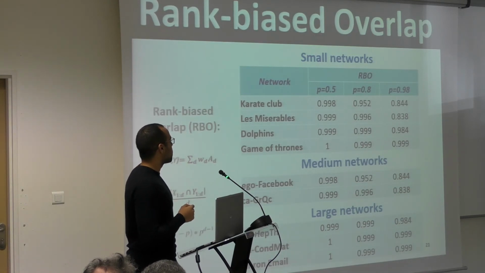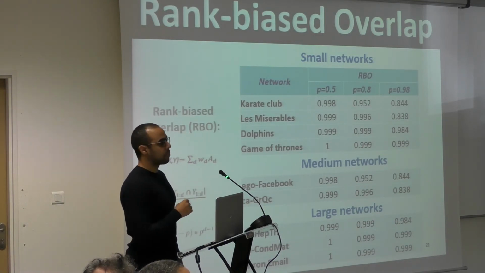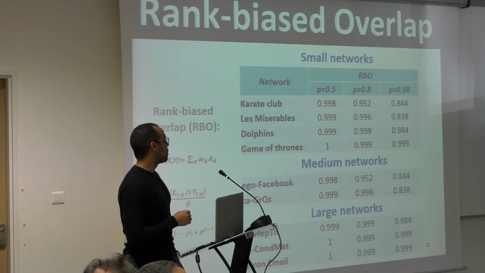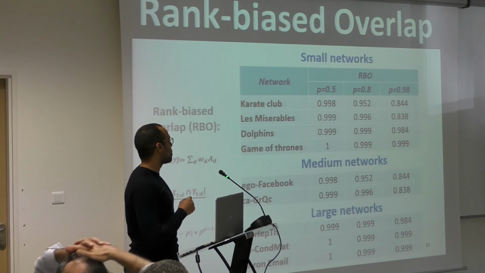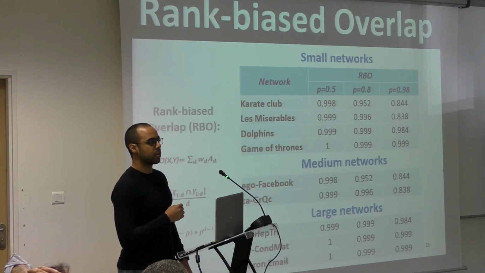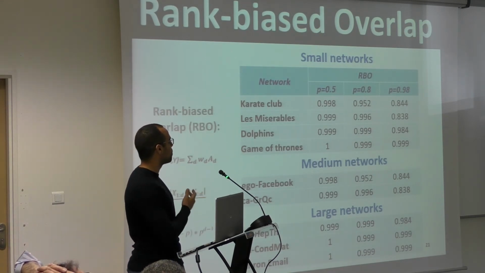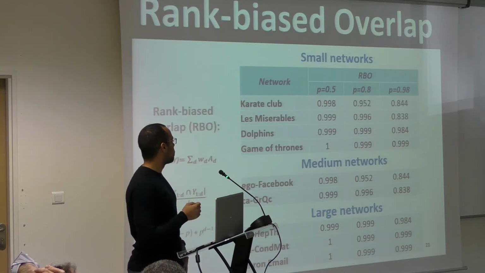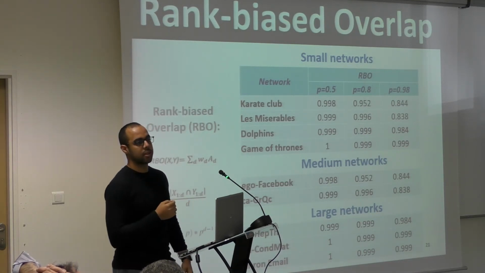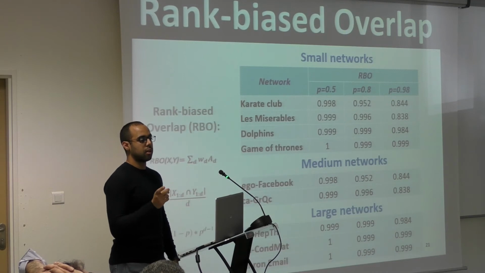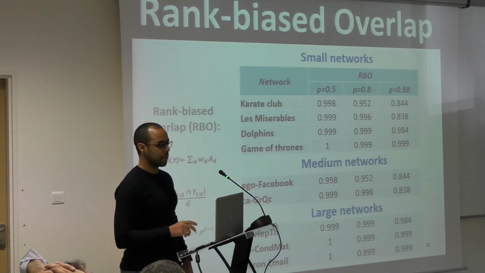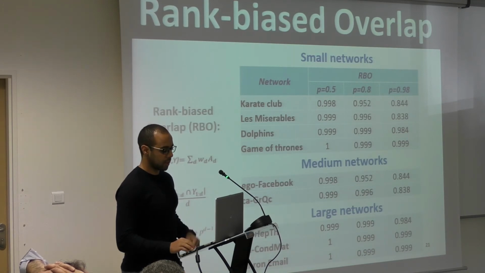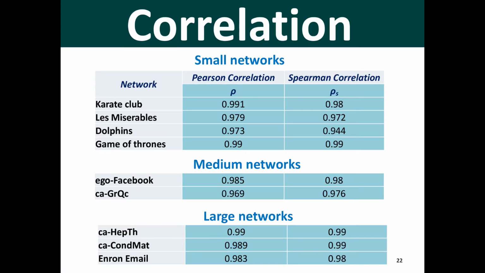According to the results here, the rank biased overlap has very high values, and even higher values when p is equal to 0.5. In this case, more importance is given to the first elements of both lists. So we can conclude from these experiments that the list of neighbors of overlapping nodes and the list of hubs are very similar.